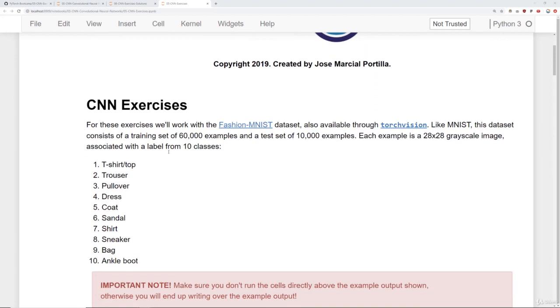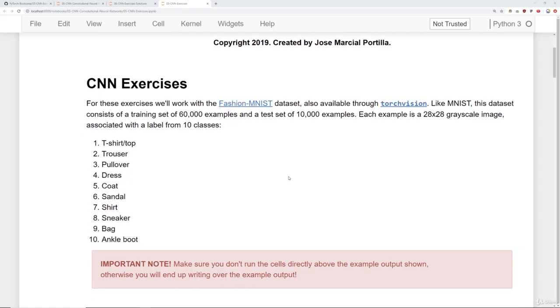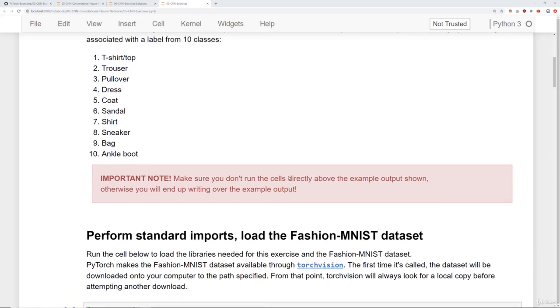For these exercises, we're going to be working with the Fashion MNIST dataset, also available through TorchVision. And just like MNIST, it consists of 60,000 examples for the training set and a test set of 10,000 examples, where each example is a 28 by 28 grayscale image. And there's a total of 10 classes. However, instead of being handwritten digits, they are different articles of clothing, such as a pullover, a dress, a coat,